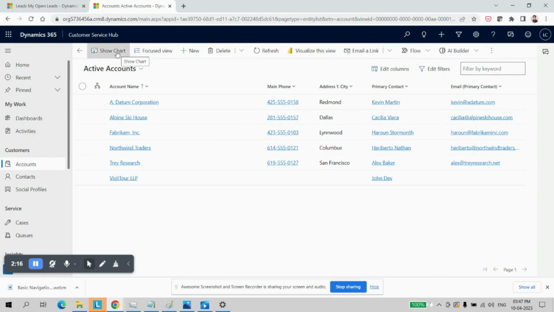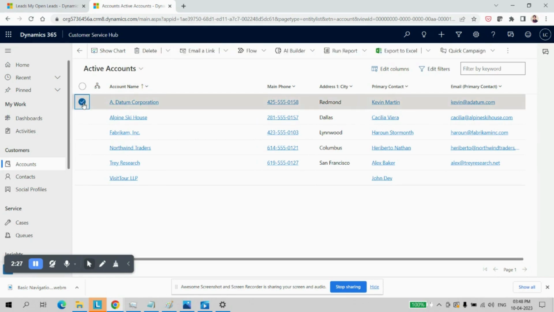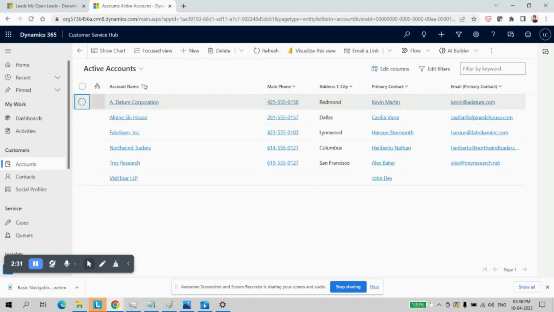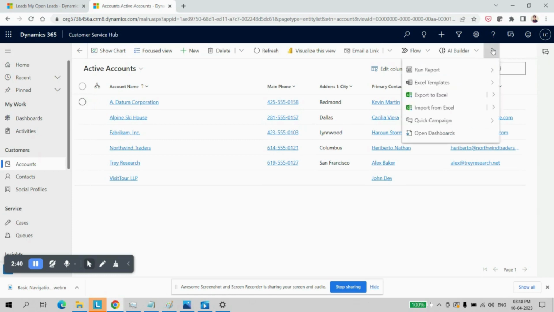So currently we have these many out of the box operations available. So here we can see the charts, then we can change the view as a focused view. If you want to create a new record of the account, then we can create from here as well. If I want to delete some record, then I will select the record and I can select the delete option as well. Similarly, there are other options available. You can explore each of the other options by clicking on them. And on the right hand side you can click on the more option as well. So there are certain other options also available. If you want to export this data to Excel, that also you can do.